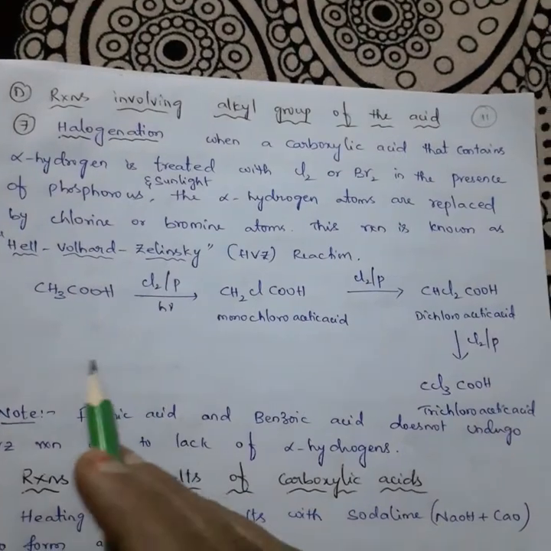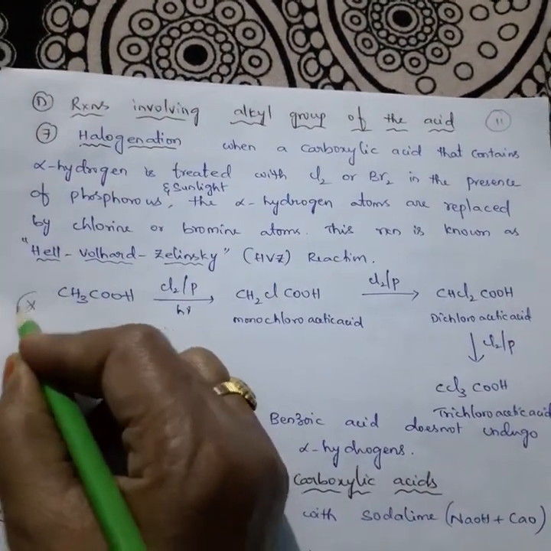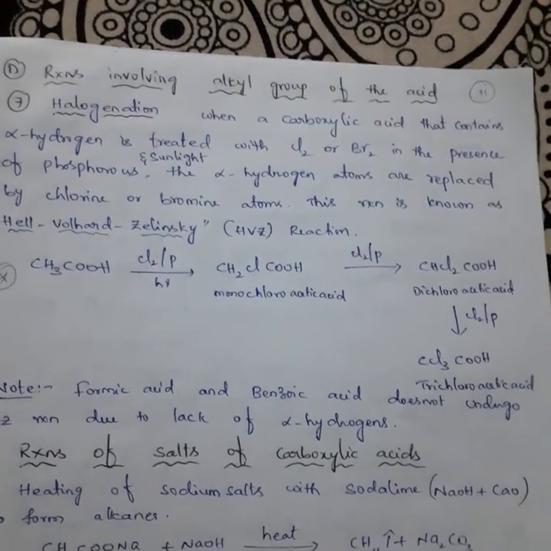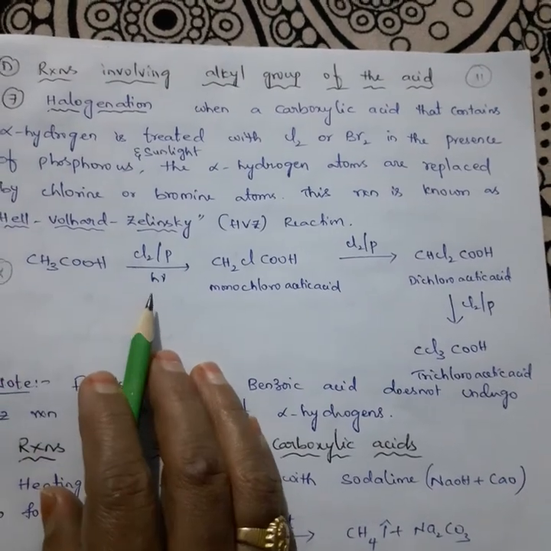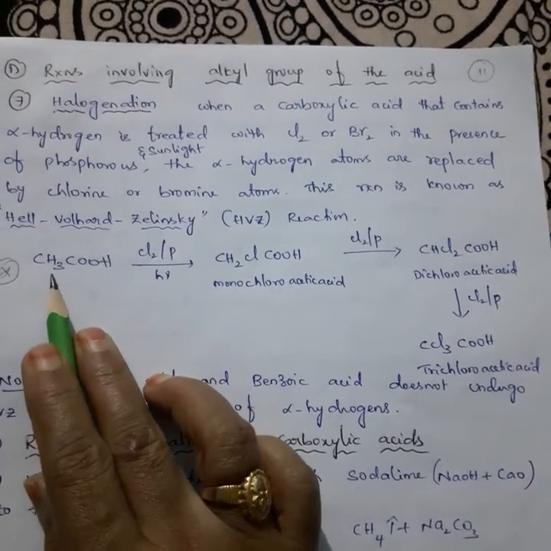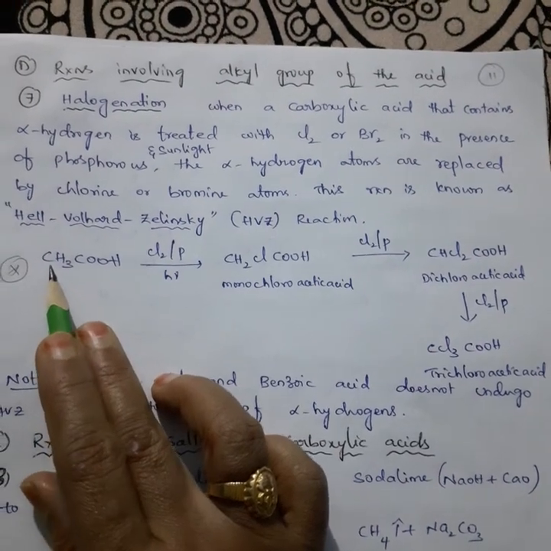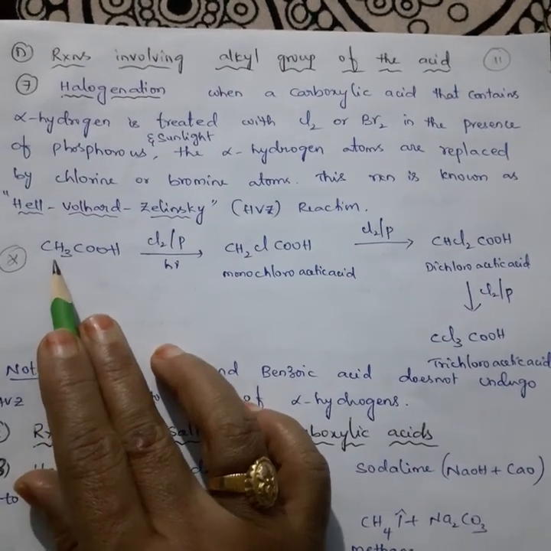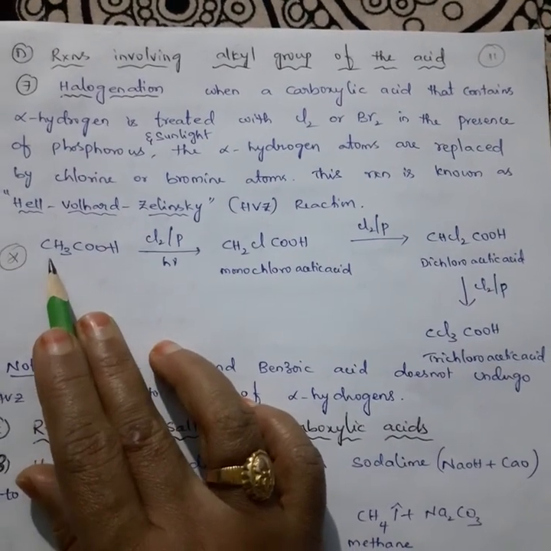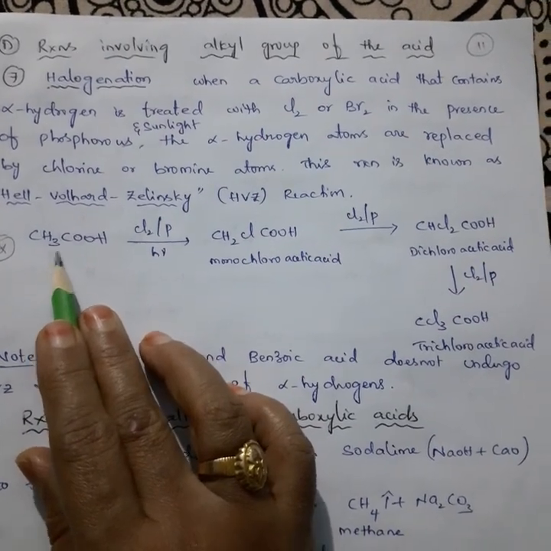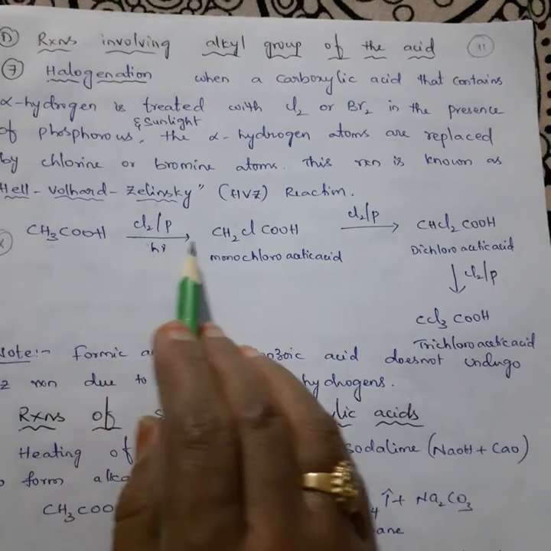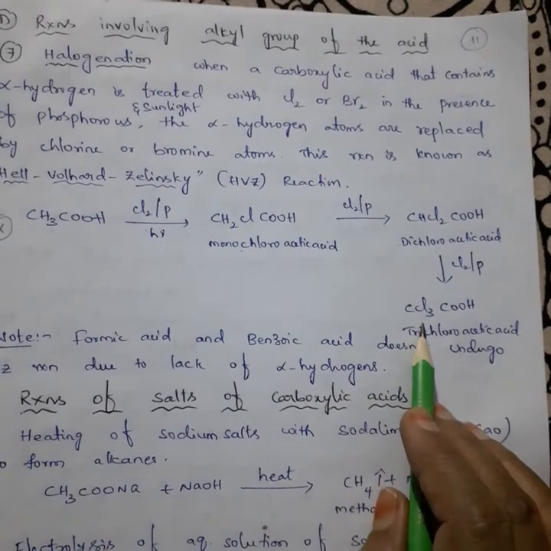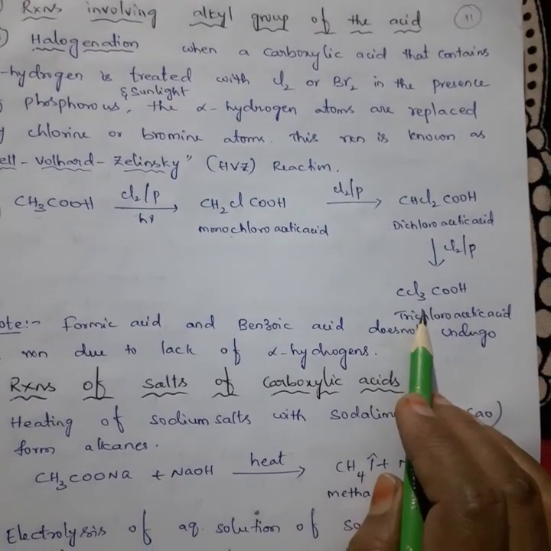So alkyl, this is also a very important reaction for exams, which we call the HVZ reaction, Hell-Volhard-Zelensky reaction. First we need to take carboxylic acids. Upon halogenation, the alpha hydrogen is replaced. What is meant by alpha hydrogen? The carbon which is connected to the functional group is called the alpha carbon, and that alpha carbon contains 3 alpha hydrogens. One alpha hydrogen is replaced with chlorine at the first step, then the next in the next step, so that all the alpha hydrogens are replaced with 3 chlorines.